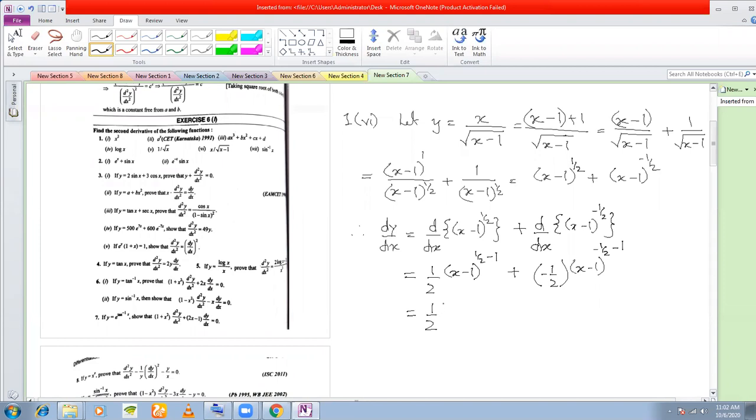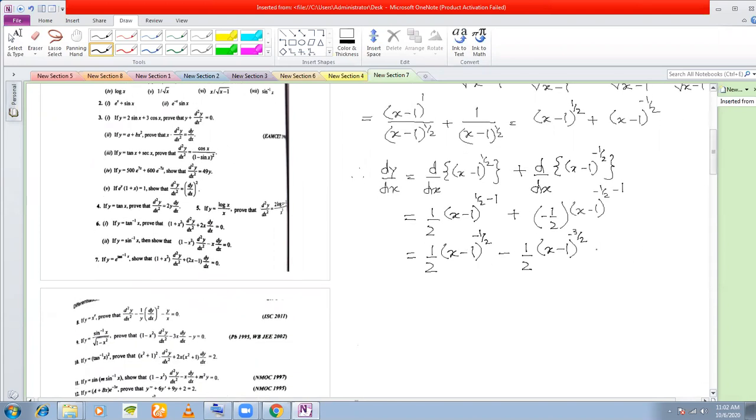Half x minus 1 to the power of minus half, minus half x minus 1 to the power of minus 3 by 2. Okay. Now you can take half common. X minus 1 to the power of minus half minus